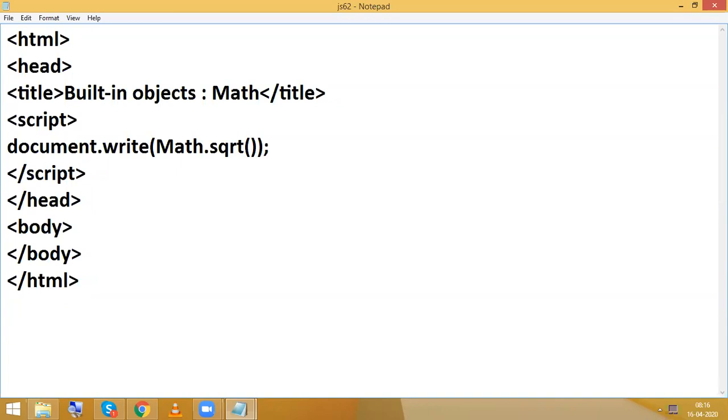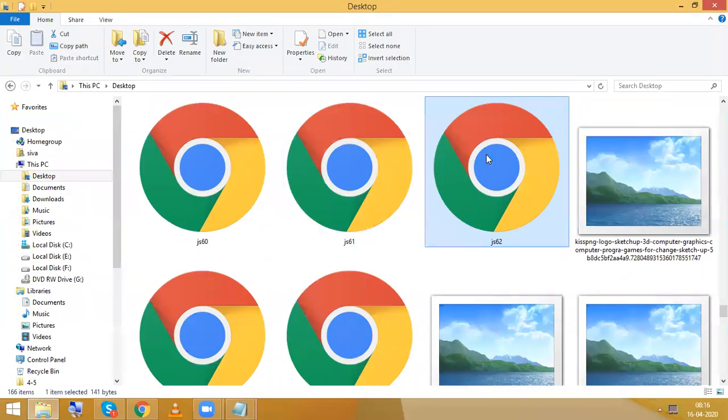I'm going to find the square root for this 4. So go and check the output. Now here, what is the square root of 4? The square root of 4 is 2.